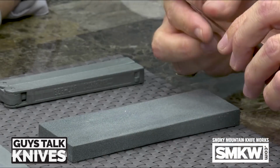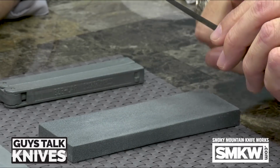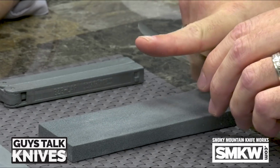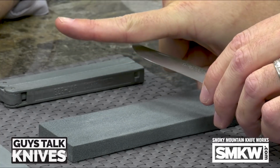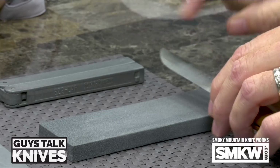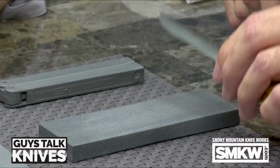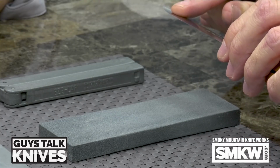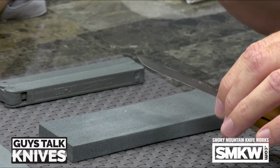Now, the second thing is, as you're running along the stone, imagine a line coming straight out of the edge. So it's like this. Notice as it goes down, that line suddenly changes. Right, it radiates. And that line is how you want this edge touching the stone. That's why when we talked about it earlier, a nice flat blade is much easier to sharpen. I'm not even going to say for a novice versus an expert,